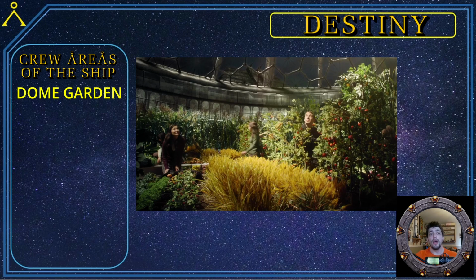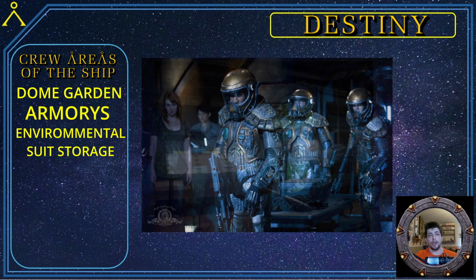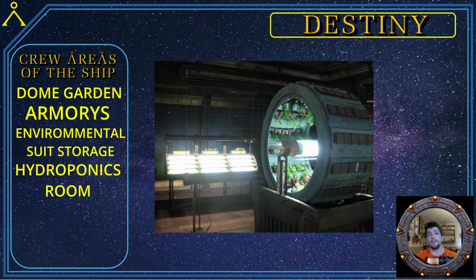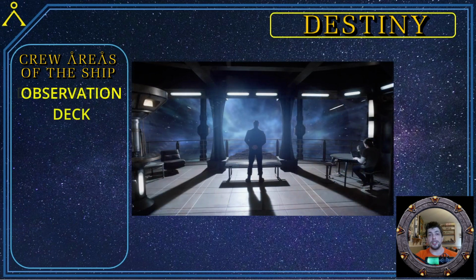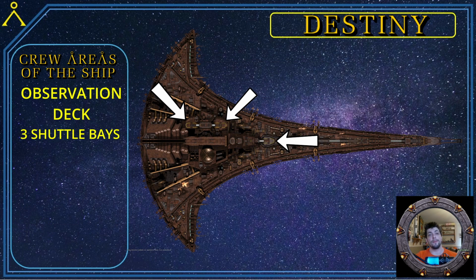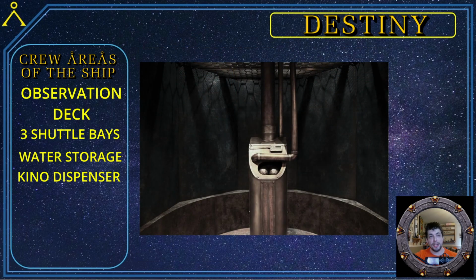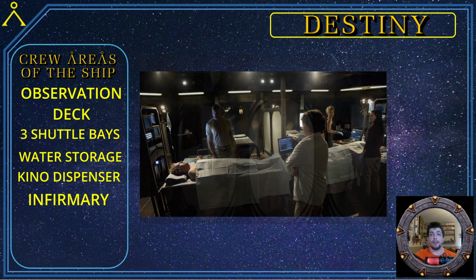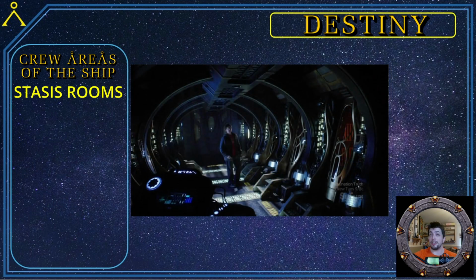crops, armories for storing weapons, environmental suit storage rooms, a hydroponics room for growing plants for the garden, a communication room for the ancient communication stones, an observation deck for looking out into space, 3 shuttle pads located on the top side here, a water storage room that holds water tanks, the Kino dispensing room that dispenses Kinos, an infirmary for medical needs, many shower rooms, various science labs for science, various stasis rooms that hold stasis pods that cryogenically freeze